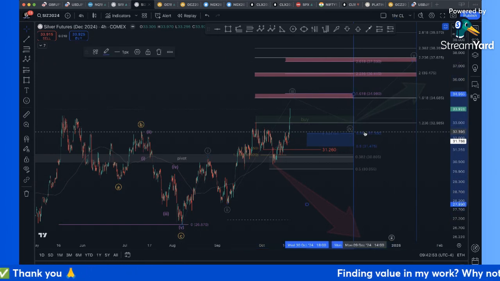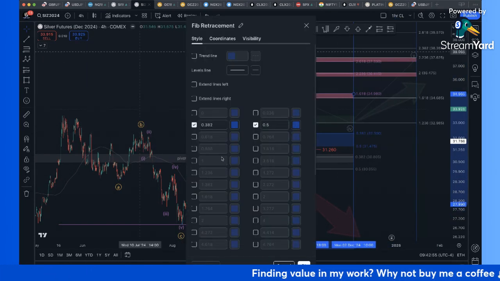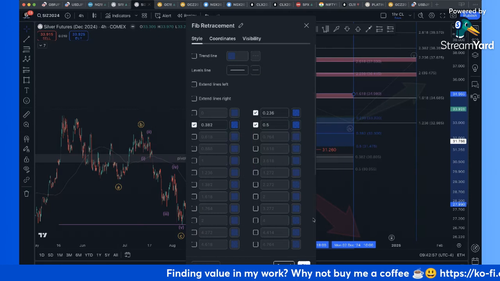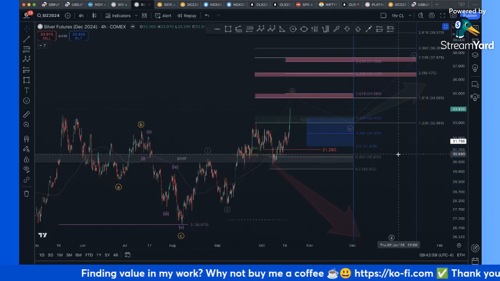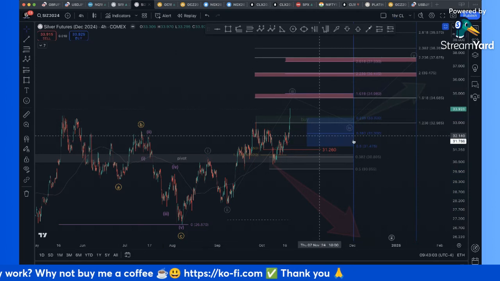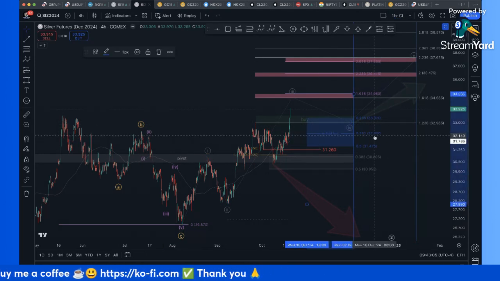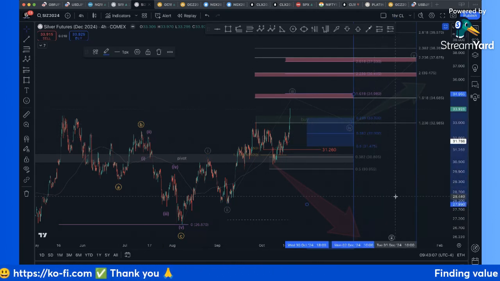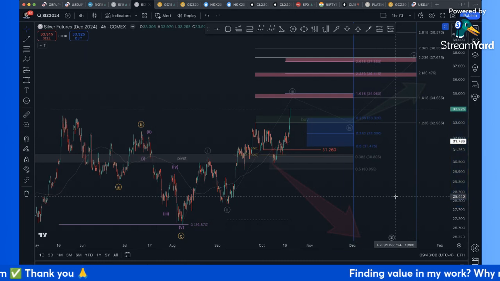And if it wants to be shallow, depending on how high this wave 3 extends in silver, yeah, it is quite possible. We'll measure again whenever this tops, when it's finished, this amazing run, to look for a wave 4